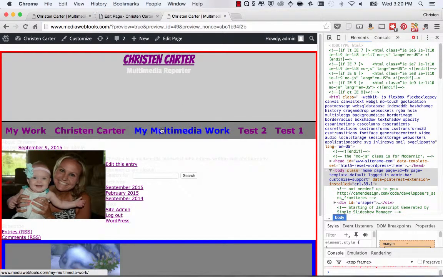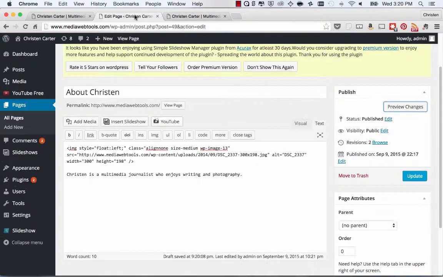Okay, so now you can see that it is floated to the left, and now everything else fills in. So that's something that you would have to deal with as well. So you do have it positioned to the left like you wanted to, but you would have to clear the float for the rest of them. So right here, you might want to go ahead and